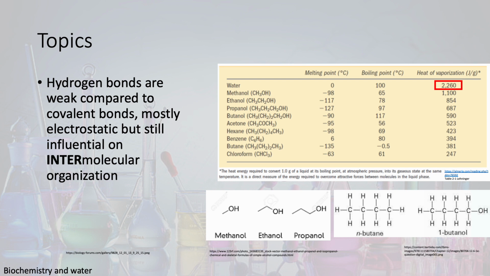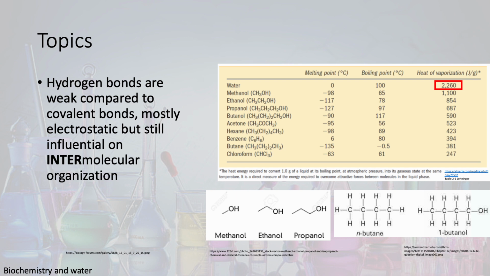This is how much energy in joules it requires to vaporize 1 gram of water. So this is how much energy it takes to convert liquid water into gaseous water. Up here we have water with 2,260 joules per gram. Quite a bit. Whereas if we keep going down, methanol, down here in the bottom left, which also has hydrogen